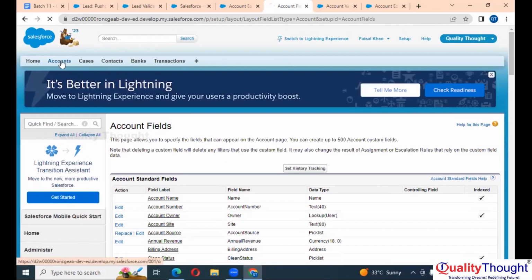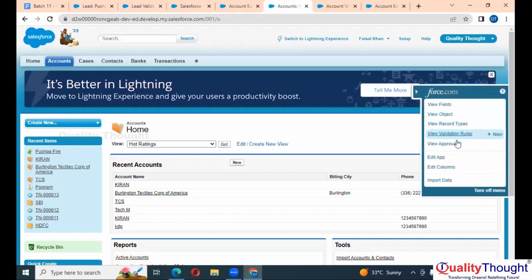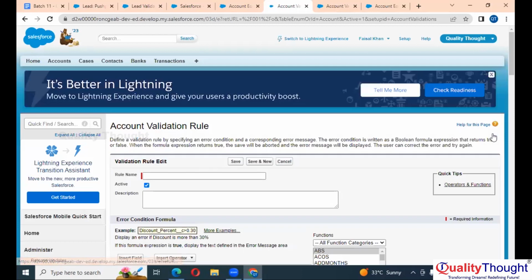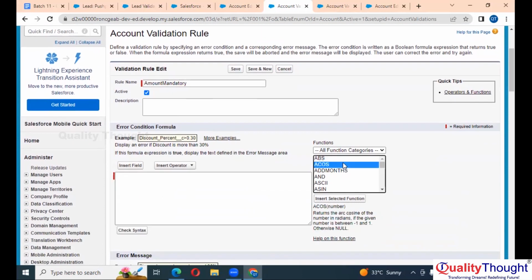Now, if I go to accounts, click on validation rules, I need to create a new validation rule. Amount mandatory. Let's say amount mandatory. Here is blank